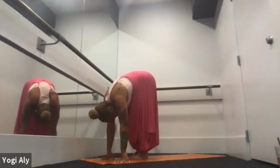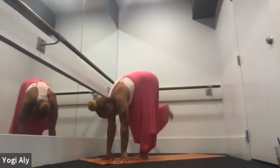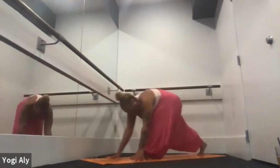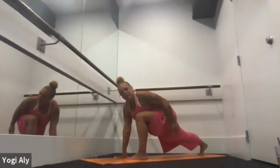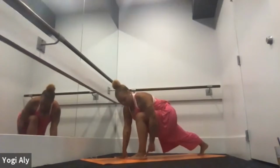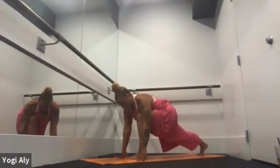This time we're going to step back with just the left foot. Left foot steps all the way back to a lunge. So that front foot or front knee is bent. Knee is right on top of your front ankle or heel. Inhale,